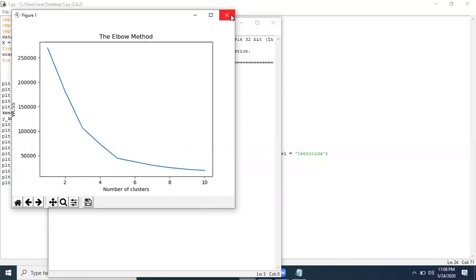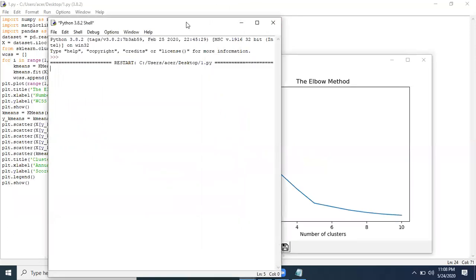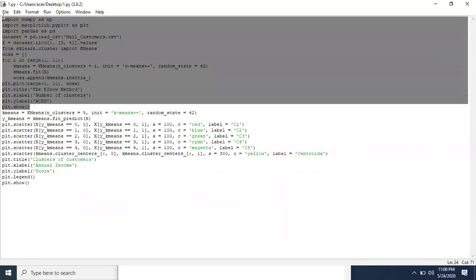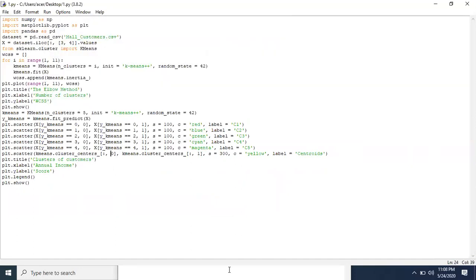And then after running this, we have inserted this in the code. So initially we have to run this elbow method code, the upper one, and then the next code, which is the plotting, or the k-means code.